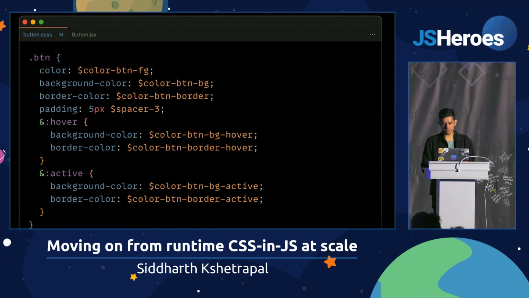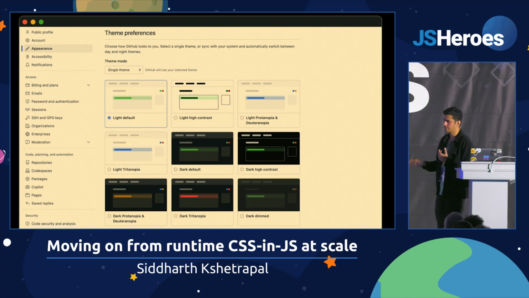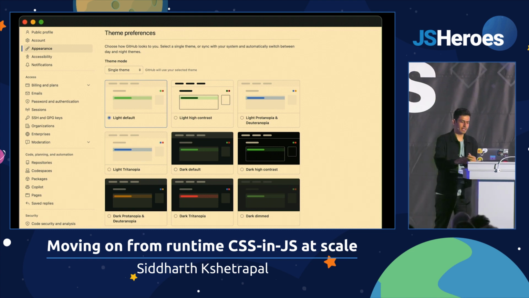So you'd have to find a way of filling in these variables. And remember, theming is not just about light and dark. Theming is light, high contrast, like all your eyes just went. Sorry about that. Theming is about color blindness, so the different variants of color blindness, and do the same thing